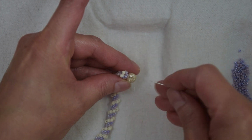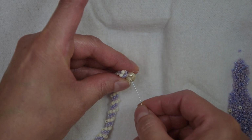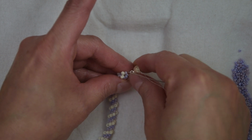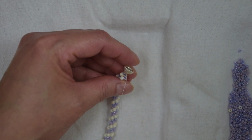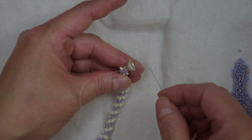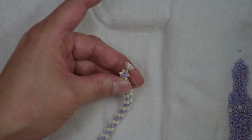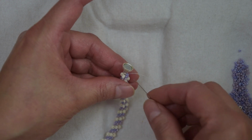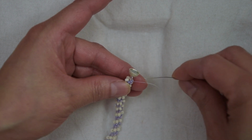So in this way, we have one thread exiting from this side of the bead connecting through the clasp and the other side. That would hold our clasp straight, and you don't want to get any beads cut up. Right now, we have our thread coming from this side of this bead connecting through the clasp, so we are going to sew in this direction. When we do that, you see the clasp stands up because it's holding from each side of these beads. So we are going to reinforce by just sewing through the clasp,